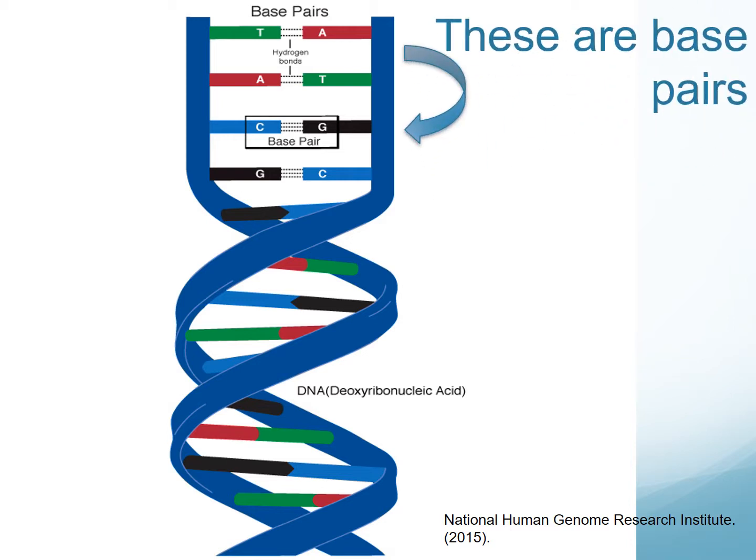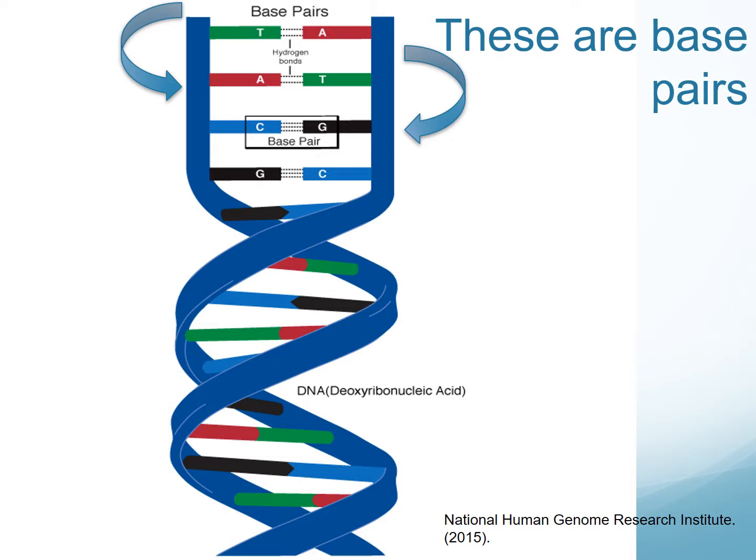You can see C and G, which is cytosine and guanine, and they always match up together. And then you've got T and A, which is thymine and adenine, and those are always going to be paired together. So these are macromolecules or nucleic acids. They bond together via hydrogen, and they become what we call base pairs. Now, their function is to store and express our genetic information. There are 3 billion of these in the human genome, and what's fascinating is that